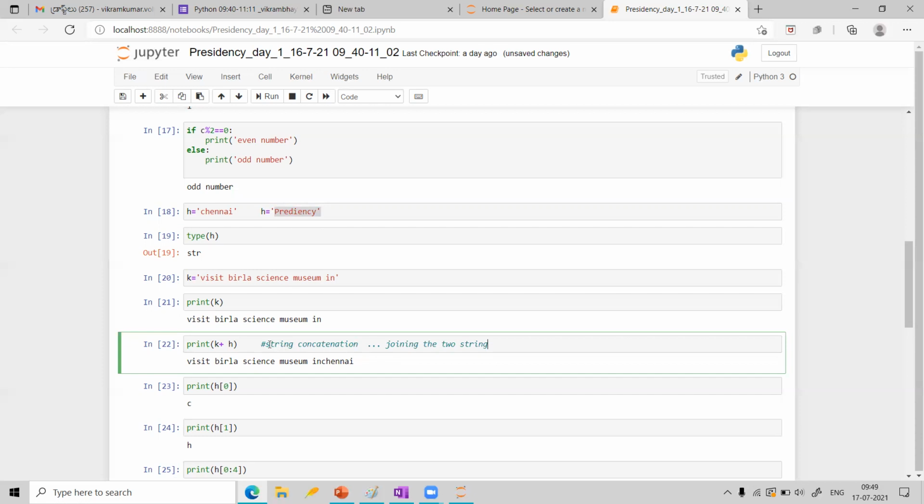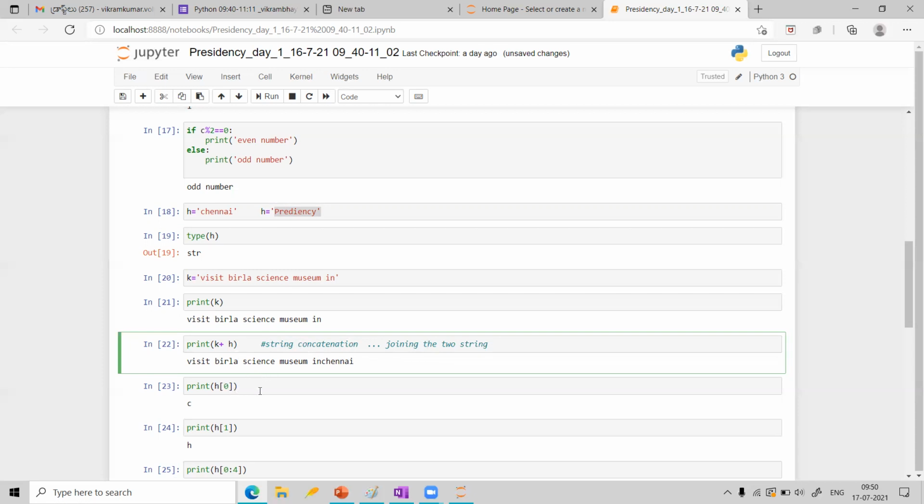But when someone asks you in the interview what is concatenation, you should not tell I don't know what is this word. That is why you should know the technical word and you should know the meaning of that word. Both are important. Otherwise, in the interview, you will find it difficult. So that is what happened.